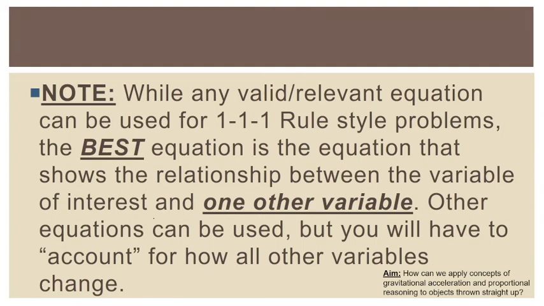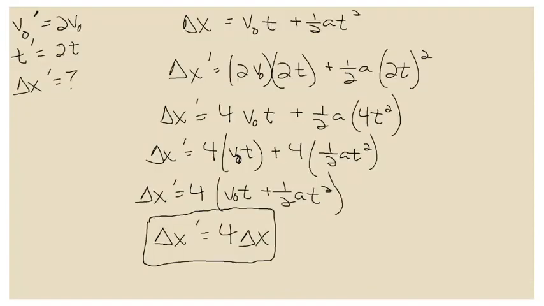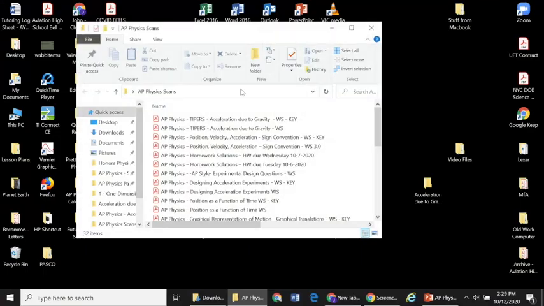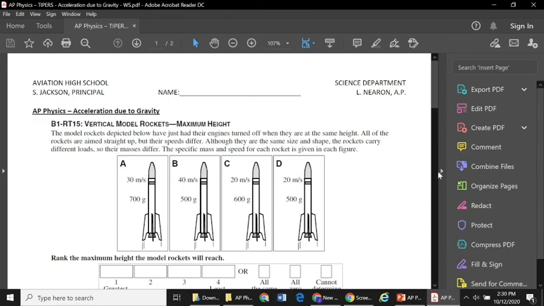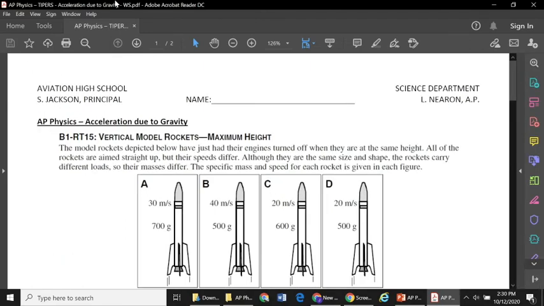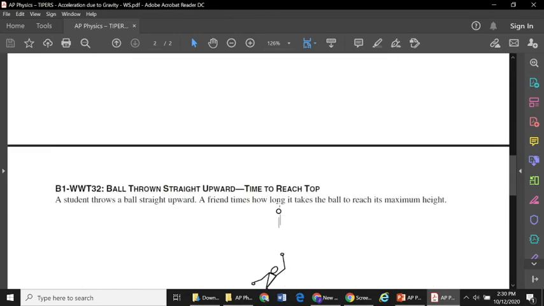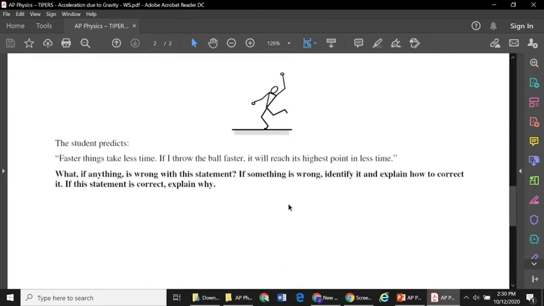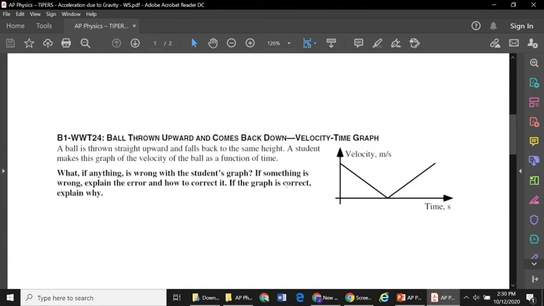And with that, that brings us to the problems on the sheet. So if you go to the main post for today on Google Classroom, you will see a sheet entitled AP Physics Tippers, Acceleration Due to Gravity. And there are 4 problems on this sheet. I'd like you to start with the first one on the sheet,